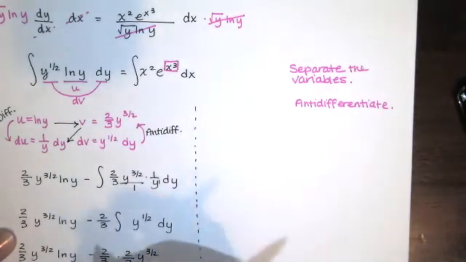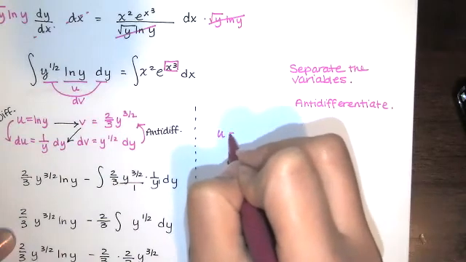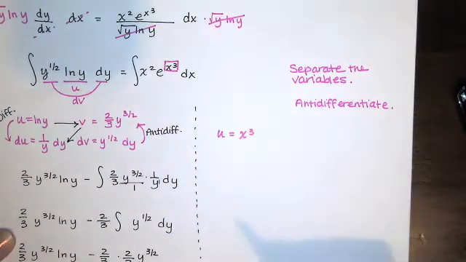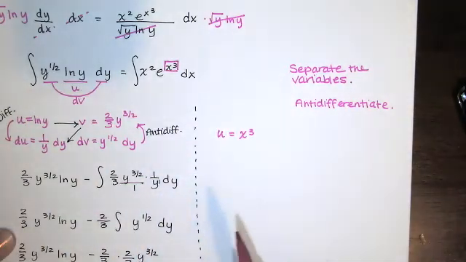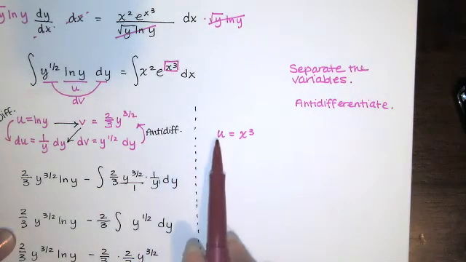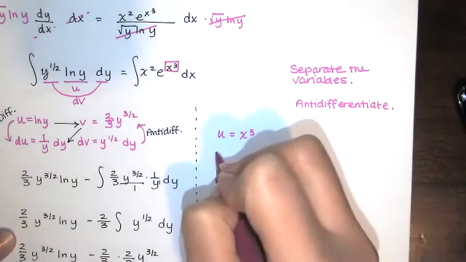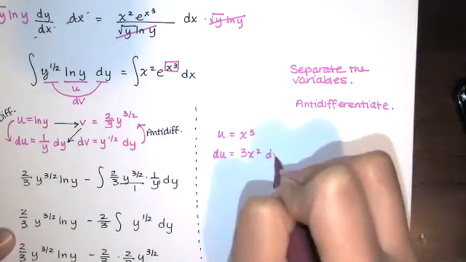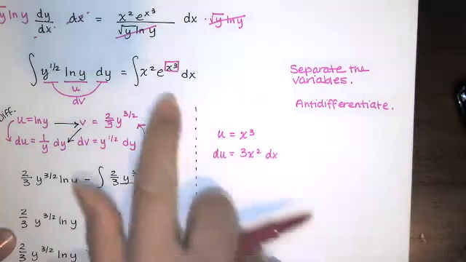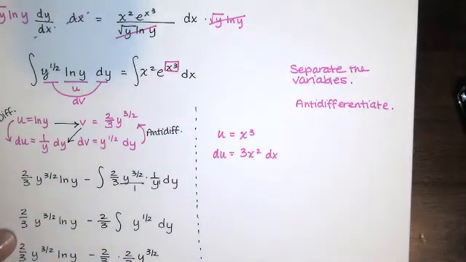Now we're never actually sure it's going to work until we do a little bit of computation. And most people do this in their head by the time they get to differential equations, and that's great and that's fine. Say, okay, I'm going to choose u equals x cubed. If I compute du, which is the derivative times dx, the question is, is that up there somewhere? If this is up there somewhere, U-substitution is going to work. If it's not up there somewhere,